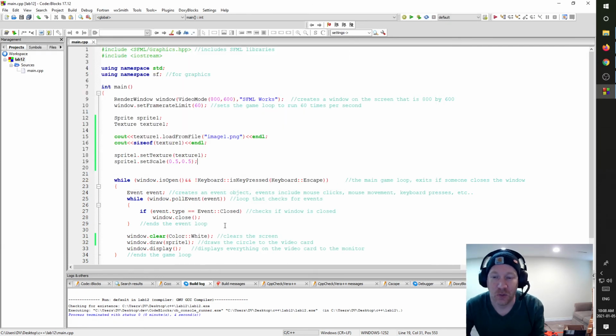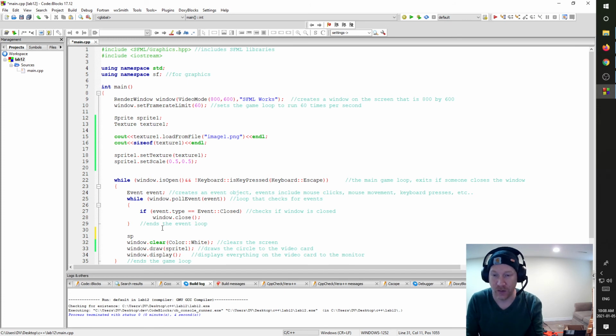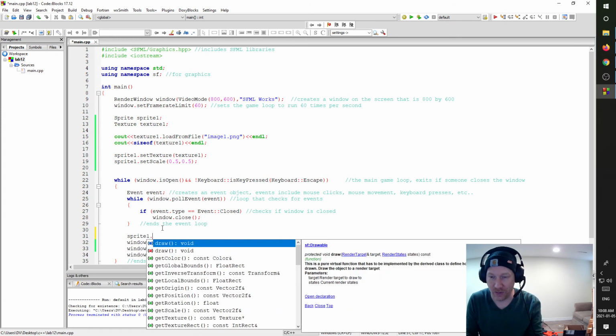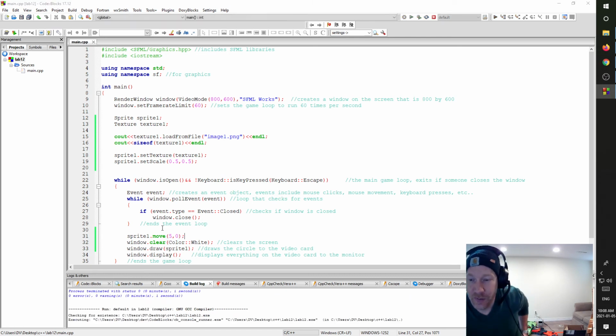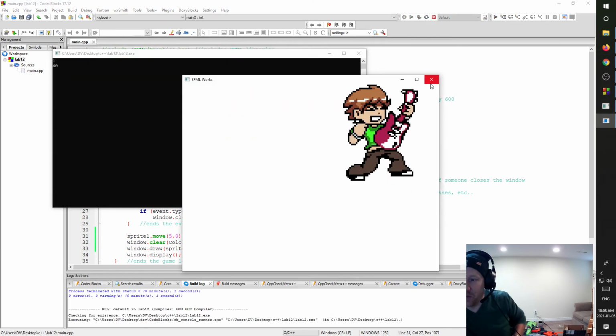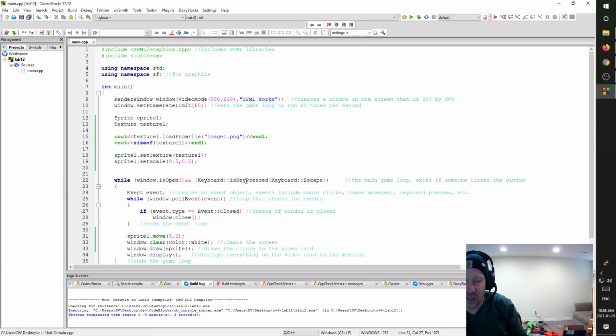And I can get them to move on the screen now if I wanted to, just like I would with a circle shape or whatever. I could do dot move. And I could even bounce them off the screen. So let's have a look there. There he goes, he moves. Cool. Okay, so that's how you get going on lab 11/12,